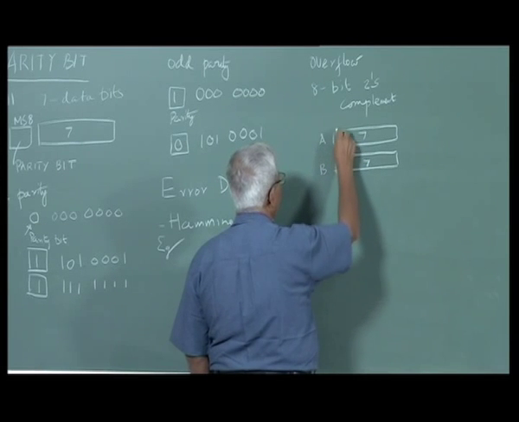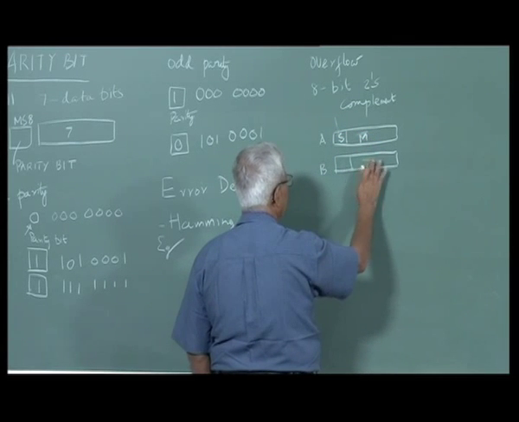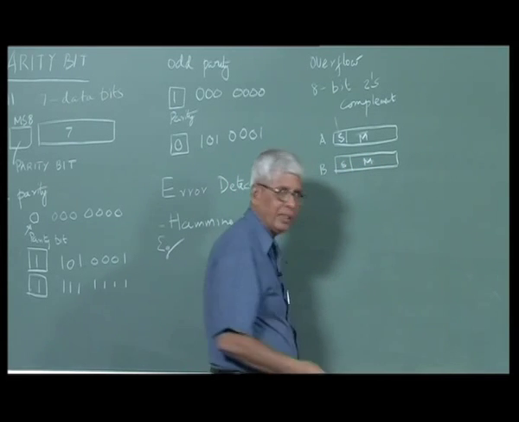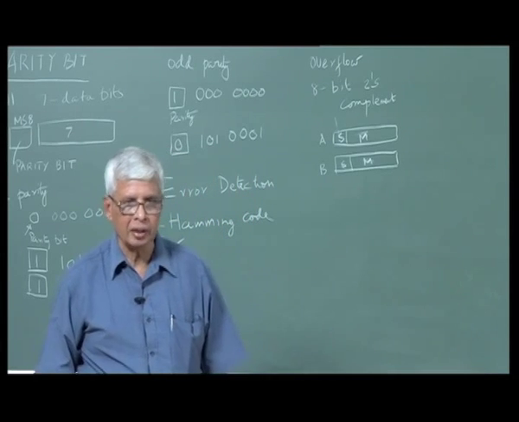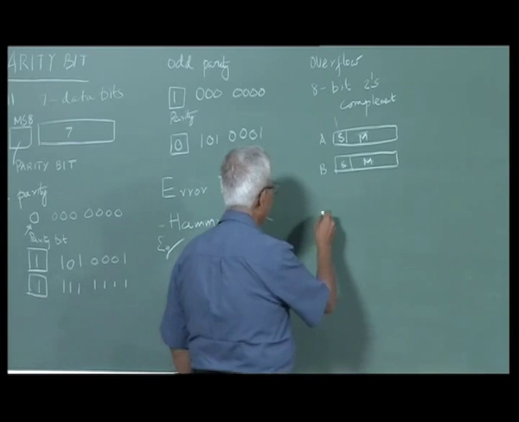I will put S and M: S is the sign bit, M is the magnitude bits. Now we are going to add them or subtract one from the other. So if A and B are both positive,